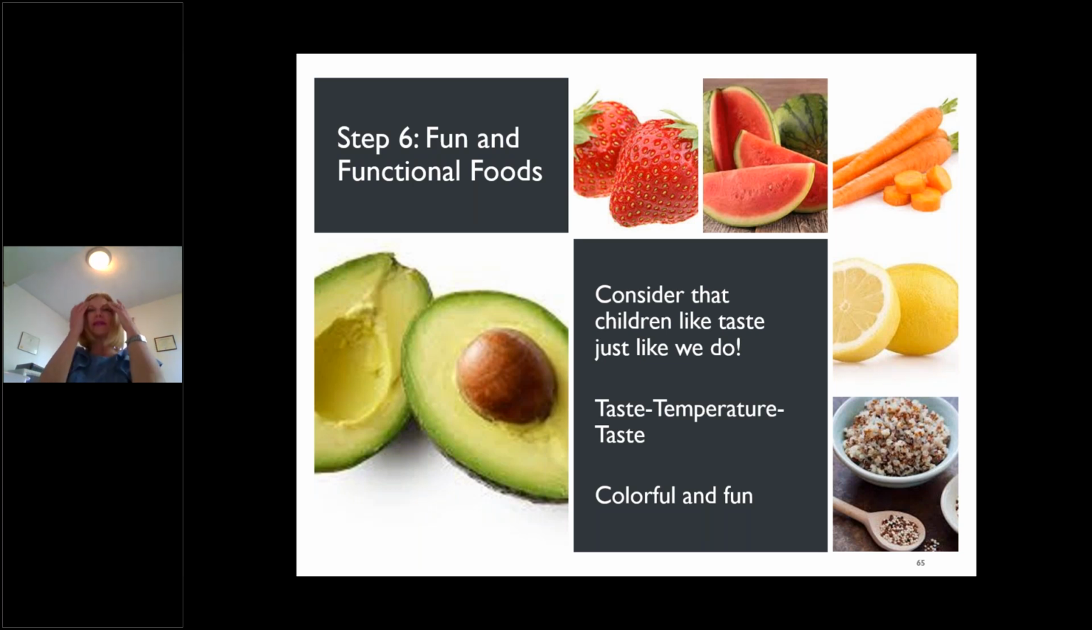We want them creamy. We want them to have butter and salt and pepper. We might want some garlic in there. I like truffle mashed potatoes. Taste, temperature, and texture can influence the way